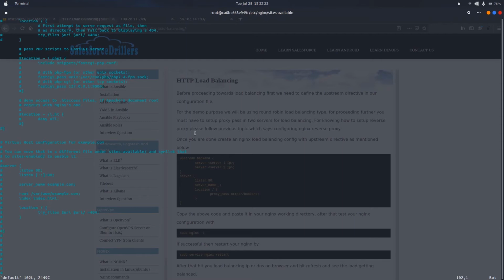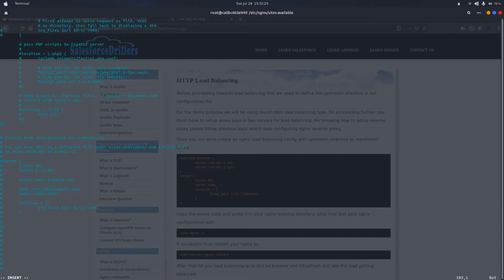So let us write the configuration over here, which says upstream backend. Instead of backend you can mention any name over here, it is not necessary that you mention backend only. Then a bracket, then we have to write server and then the server IP.